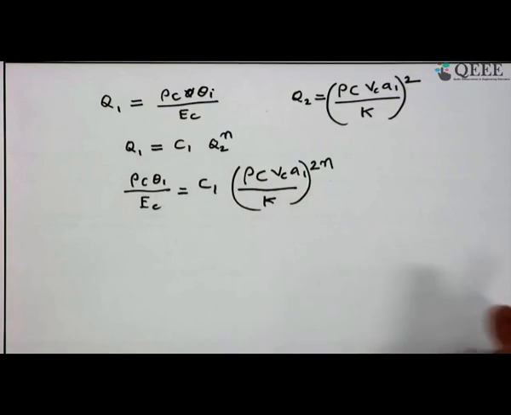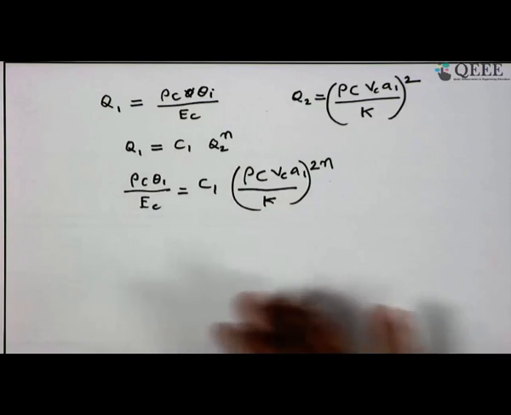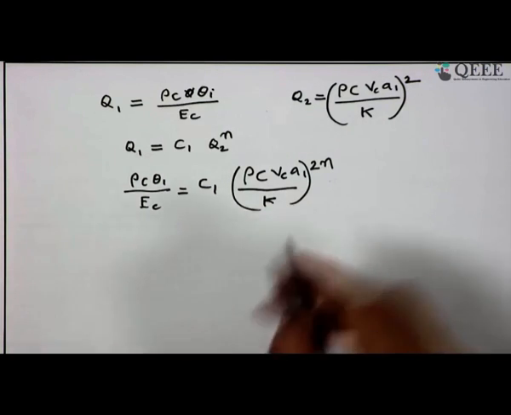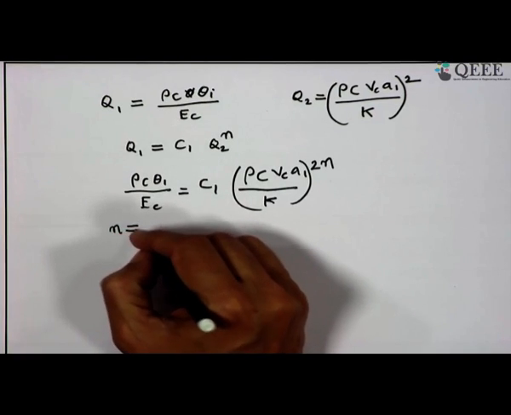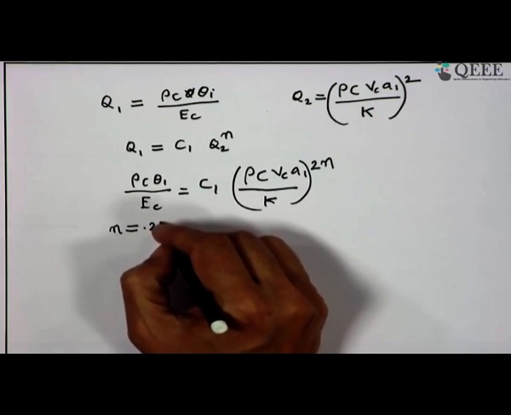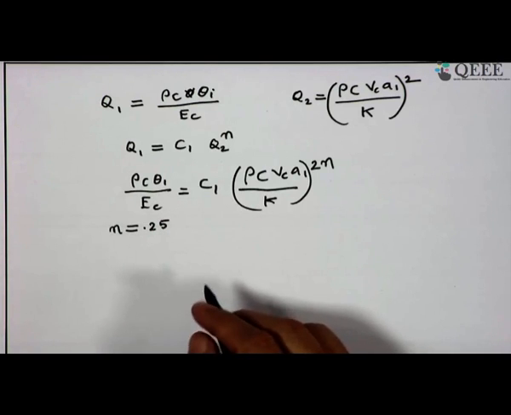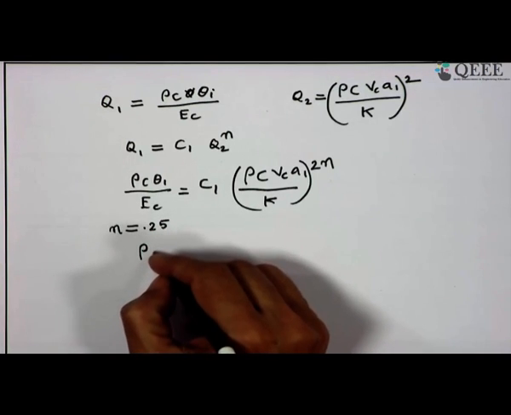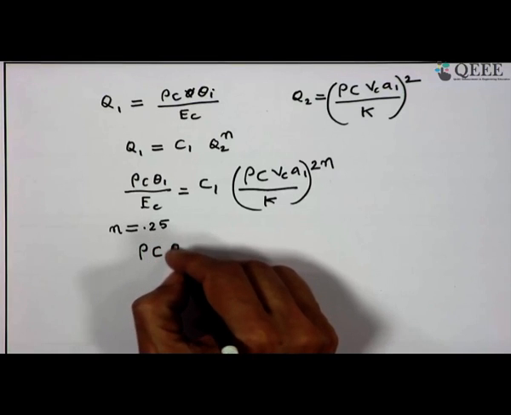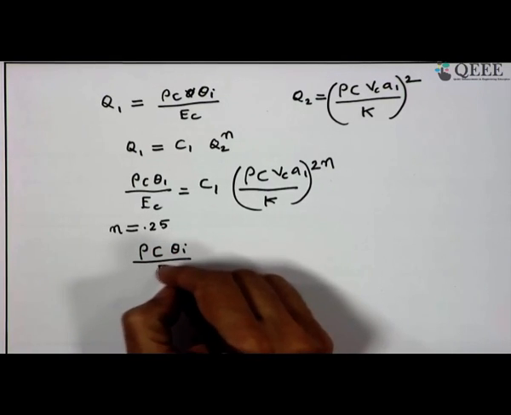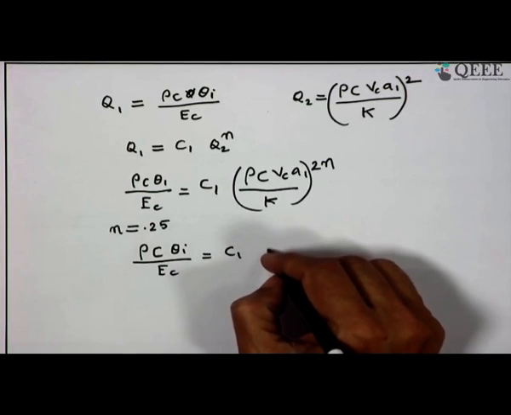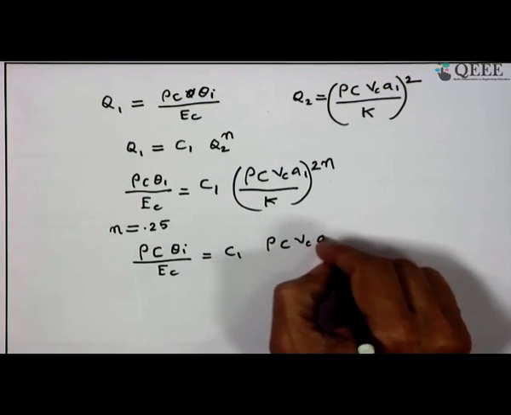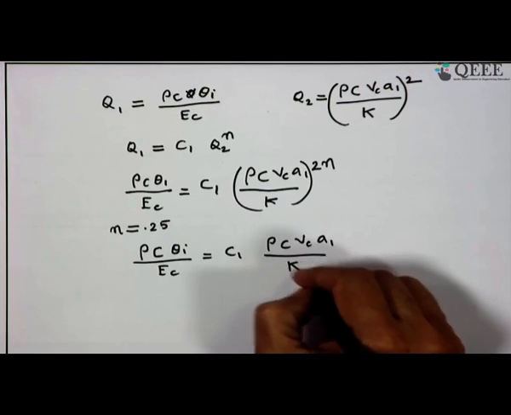When you plot, it has been found by those researchers that n is very close to 0.25, and if that is the case, then rho into C into theta I divided by Ec is equal to C1 into rho C Vc A1 by k to